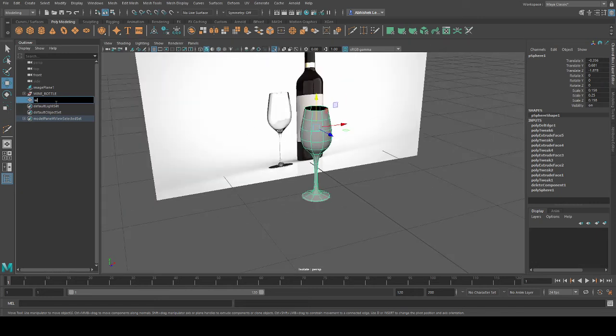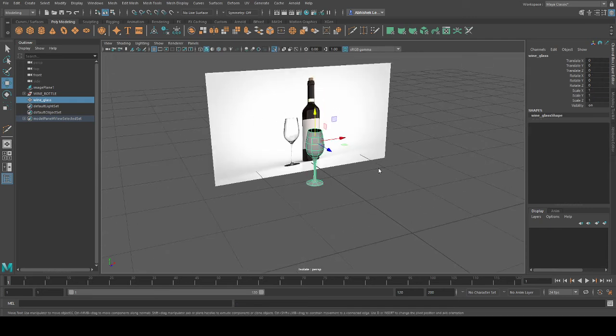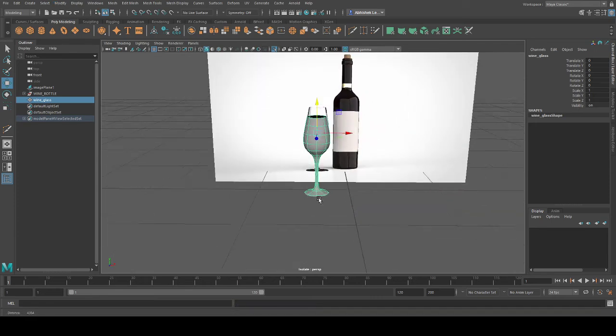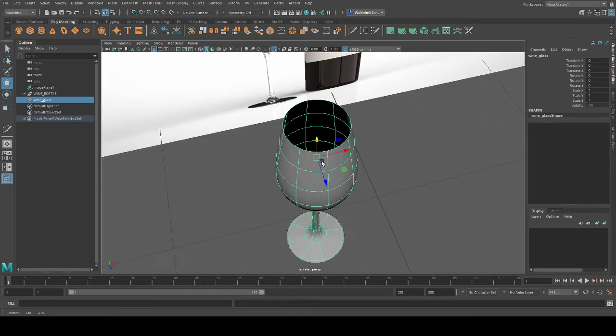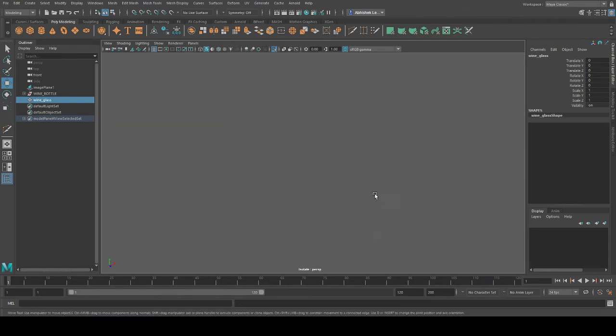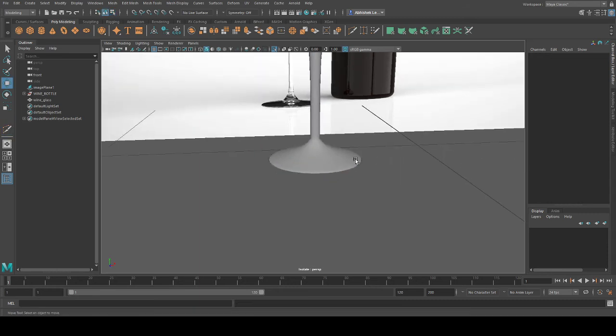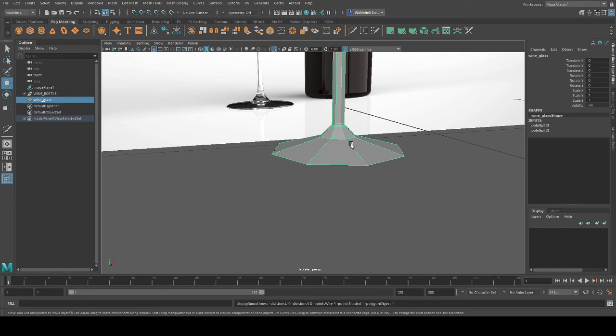Okay, I'll name it wine glass. And I'll delete the history. You can see all these histories here. You can see the transformation here. Delete history, freeze transform by pressing A left click. Delete history is here, the normal method, and freeze transform is over here, under modify. So almost everything is created. Let's try making it a little sharp here, by adding edges on both sides. Okay, if you want you can make it over here also.